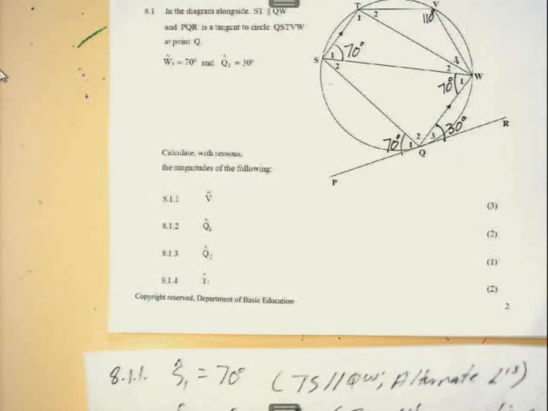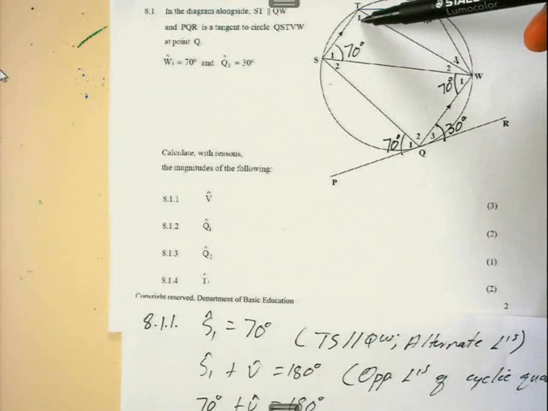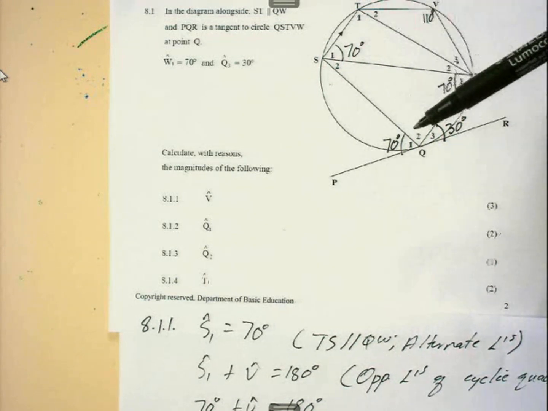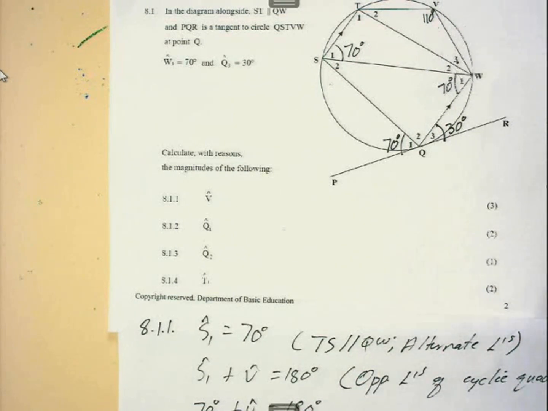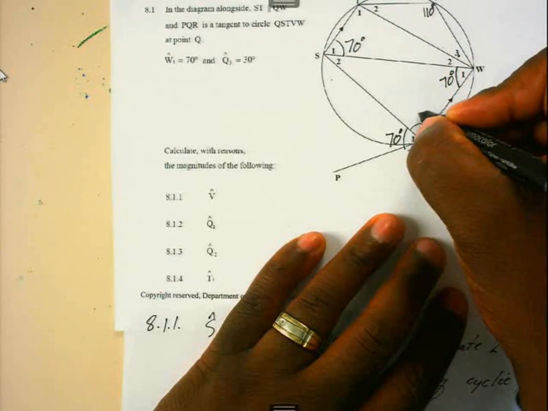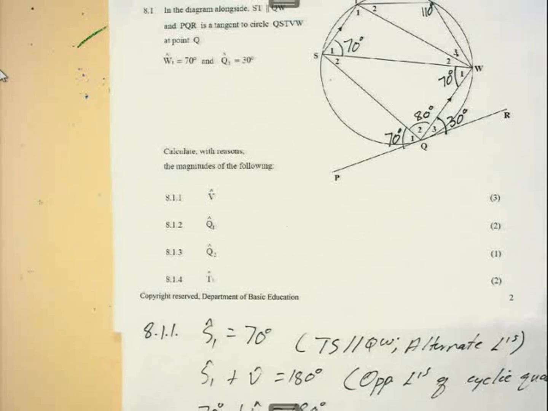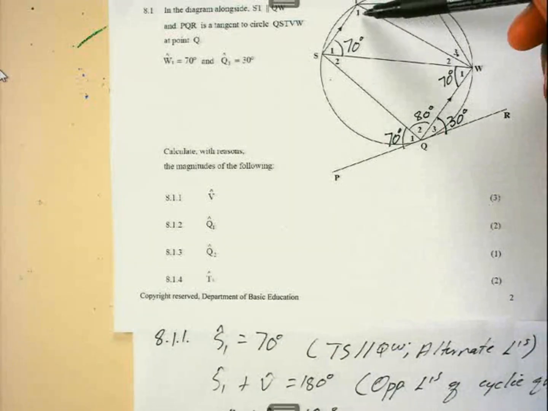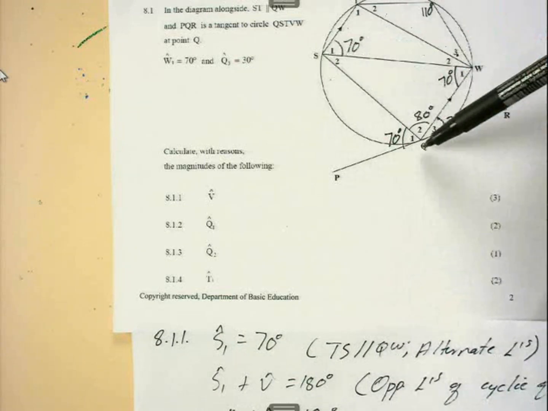Let's check the last one, T1. Where is T1? Here is T1. Look at any angle that relates to T1, especially the angles whose magnitudes you know. Remember, we said Q2 here, we had 80 degrees. So immediately, T1 and Q2 relate because TSQW